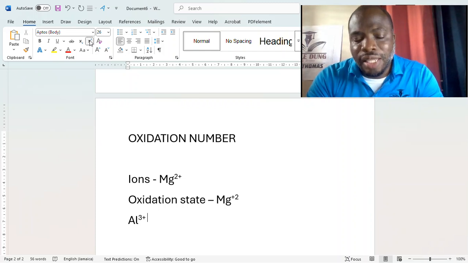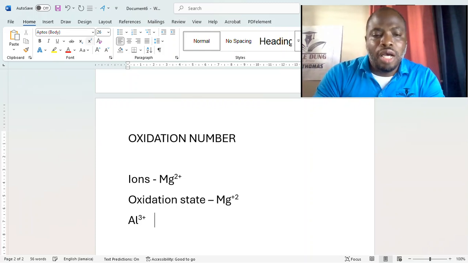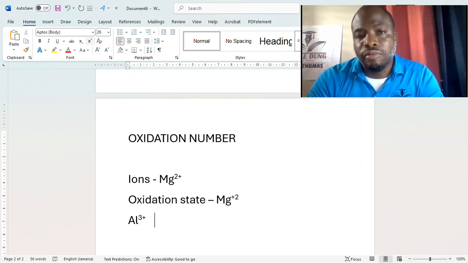And so as a student now learning about oxidation and reduction, you should make the connection to say that the oxidation state of the aluminum is plus 3. And so that is how it is for the ions. Once you know the ion, you should know the charge. So let's even use,